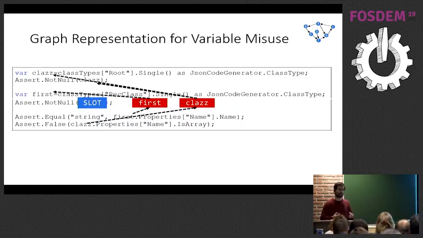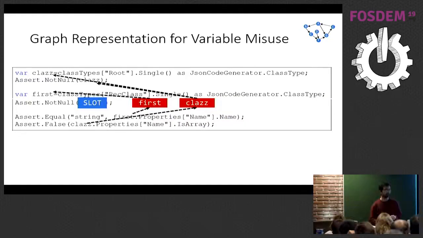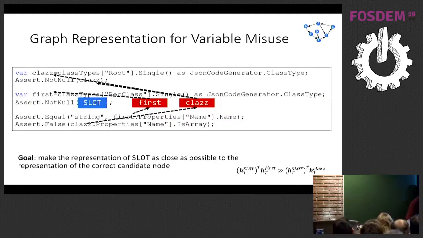an objective. What we want to do is learn something called a representation in machine learning, and I'll discuss a distributed vector representation. I'll get to that in the next five minutes. So such that the representation of the correct variable first is as close as possible to the representation of the slot variable and as far away as possible from the class variable. So this is what we're trying to do with machine learning. So this is the problem setting.